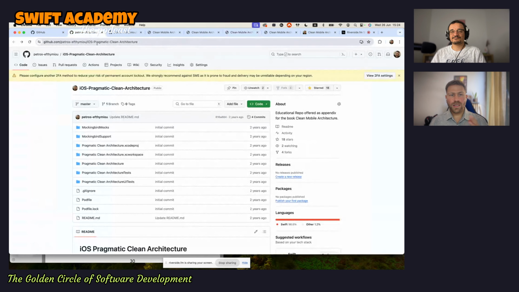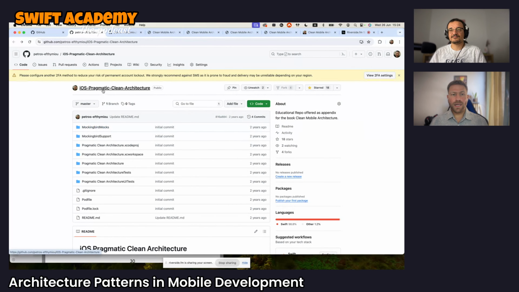Those are actually two public repositories that you can find online. I also have very extensive descriptions and explanations of those two in the book. Yes, I have those versions both in Android and in iOS. So the first one is what I call the pragmatic clean architecture, which is a version of clean